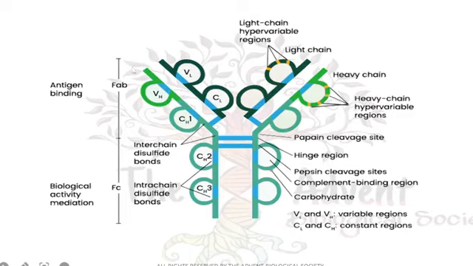You can look over here, that is the Fab area and the Fc area. The Fab area is the fragment of antigen binding and Fc is the fragment of constant interaction region. So the fragment of antigen binding provides the binding ability of the antibody to the antigen, and the fragment constant is where the constant sites are present, and in the fragment of antigen binding the variable sites are generally present. Why? Because antigens might be having different types of membranous, or you might say different types of topography,